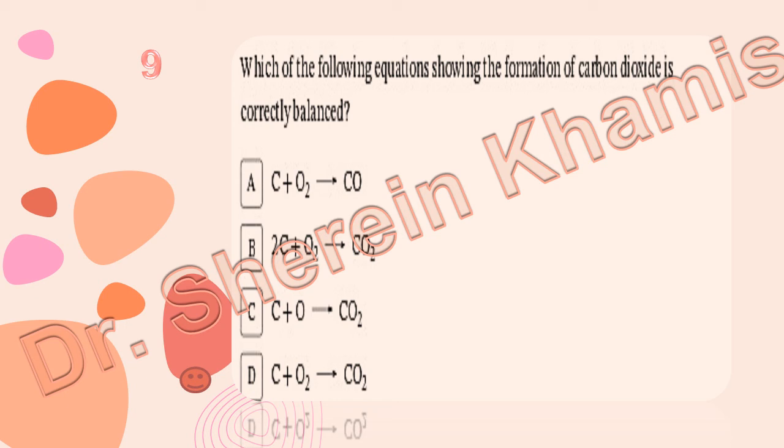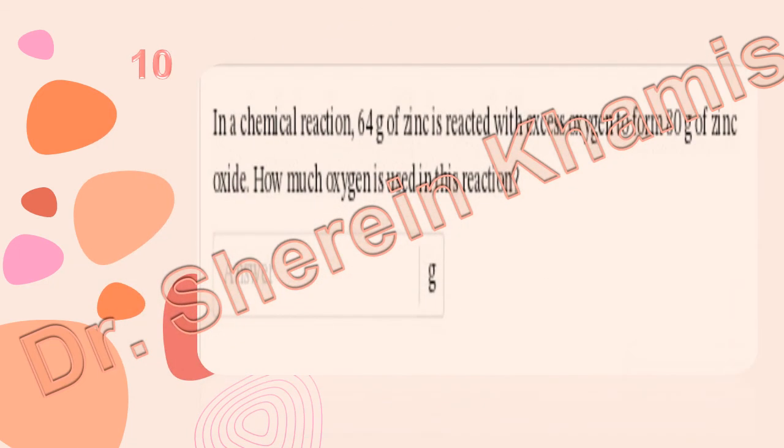Let's go into the last question of our choices today. We have question 10. Question 10, we have here some kind of problem. It's very easy. We didn't need any calculator or any calculation for this one. In a chemical reaction, 64 gram of zinc reacted with excess oxygen to form 80 gram